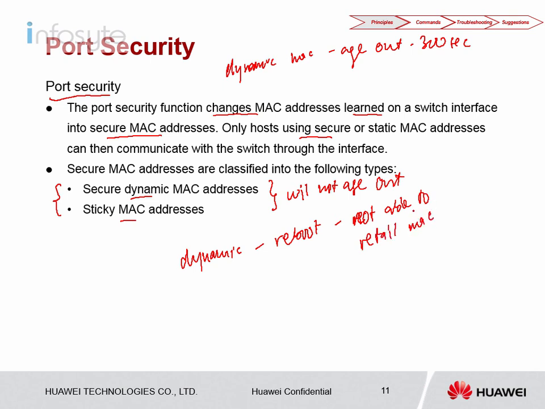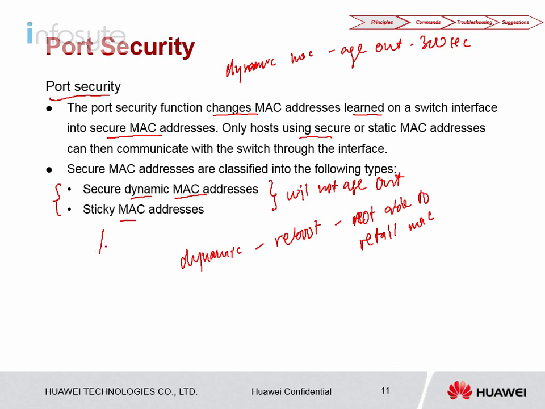Once the switch restarts, you have to relearn on its own. Whatever MAC address communicates on that particular port, the port that has port security will relearn the MAC address. Whereas for the sticky,